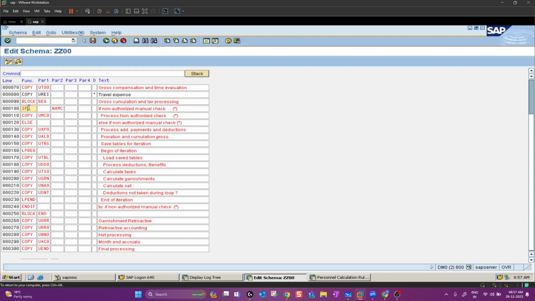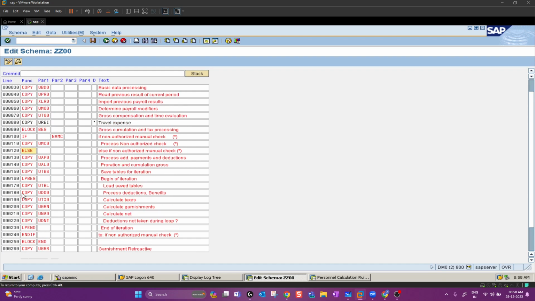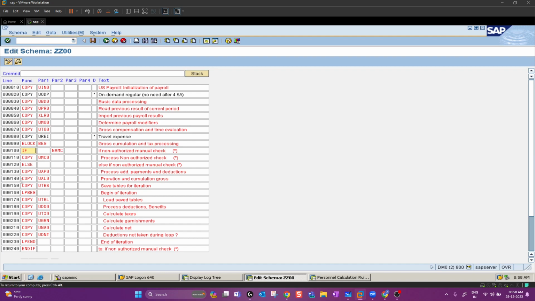If else loop is getting started: if the condition is this, then go to this particular sub schema, else go to these schemas. And if there are any iterations and multiple things need to go on, then this is the function LPBEG. This is common in all the countries, and this is how you need to read all the schemas. So I'll just now